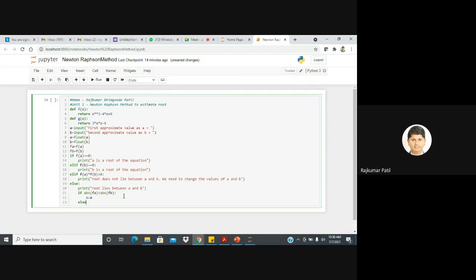Else, x is equal to b. So what we are just doing here, if the absolute value of f of a is less than the absolute value of f of b, then we assign x is equal to a, that is the first iteration or the starting value of our Newton-Raphson method.